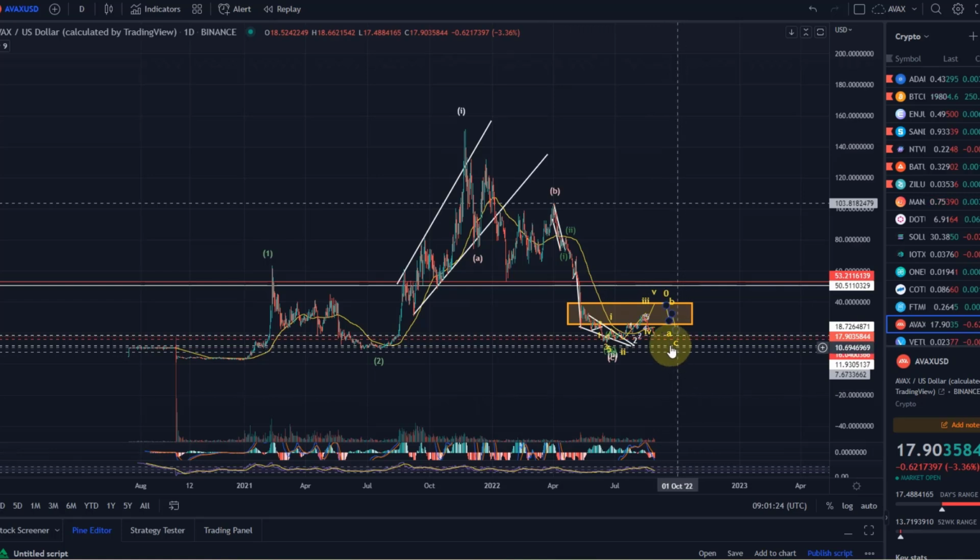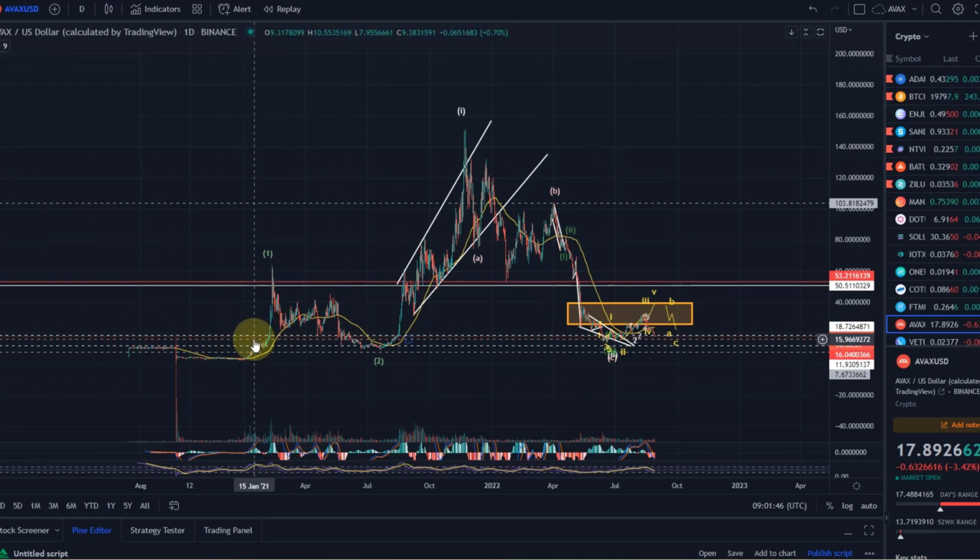The problem with this chart is, and I'm giving it the benefit of the doubt at the moment, I'm actually counting this bullish. So I've got here a wave 1, a wave 2, another wave 1 and another wave 2, which would assume in the next bull run we get up into a wave 3. The problem is, and that is here better possible than on many other charts, you can also count this entire